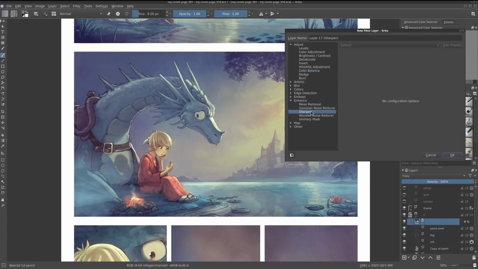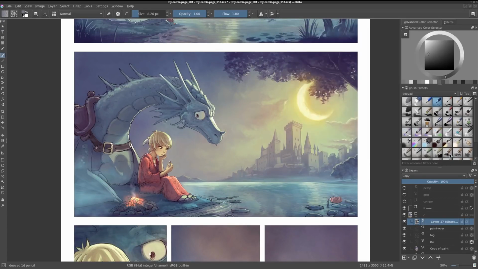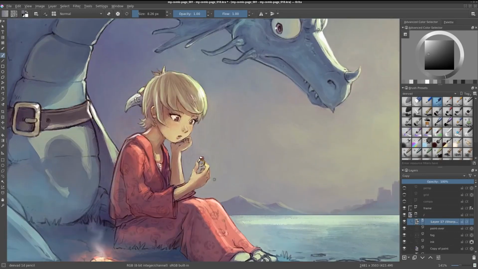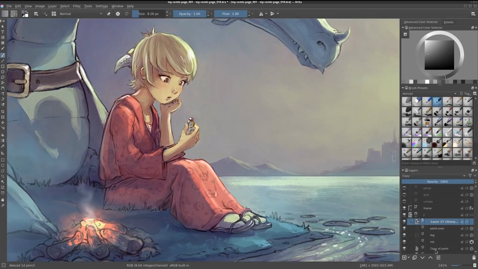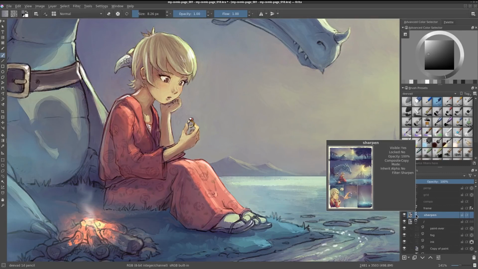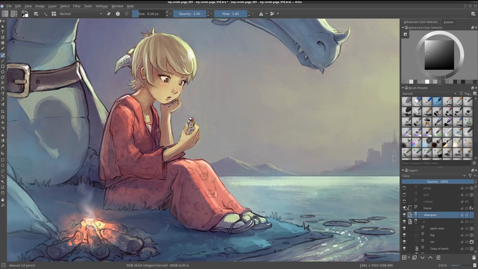Enhance Sharpen. This layer doesn't have any configuration. You don't have the power or the opacity of the Sharpen filter here. But as you can see, by default it's pretty strong, so I will just move this filter. I will rename it directly Sharpen. You can see there is a little filter icon here. And if I turn it off, as you can see, you will get a lot of crispy detail with it,